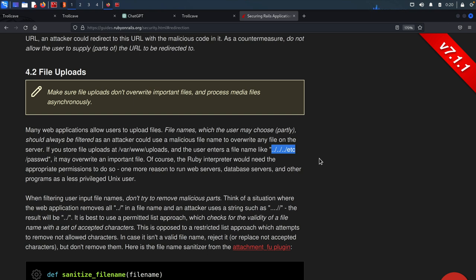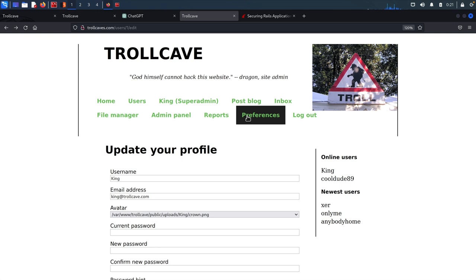But looks like if we do it using the file upload method, then it's possible to exploit that path traversal vulnerability. Let me show you what I mean. So if I go back to the preferences again, we can see that the file that we will upload will go to this exact location. And if I wanted to upload the file to, let's say, the uploads folder instead of the King folder, all I have to do is tell it to go back to the parent directory, which in this case is called the uploads folder. And we can tell it that by using ../